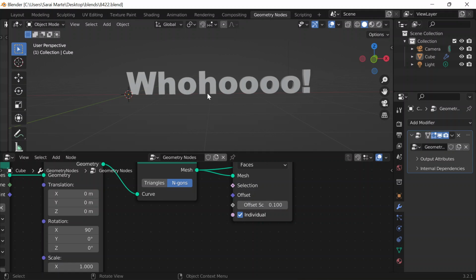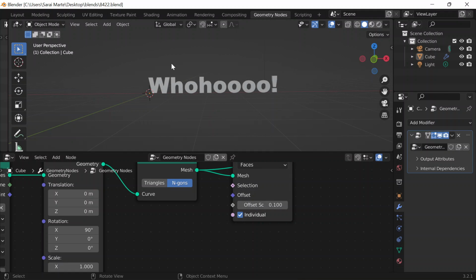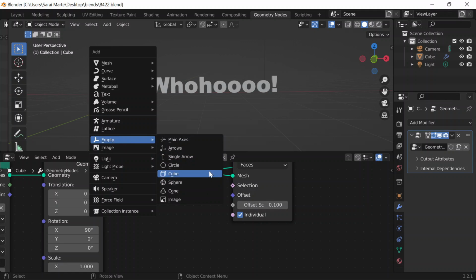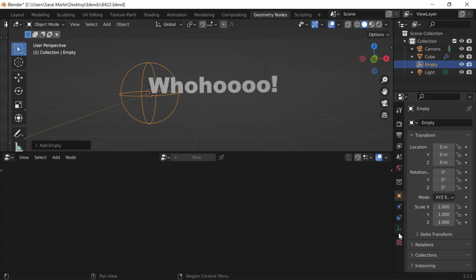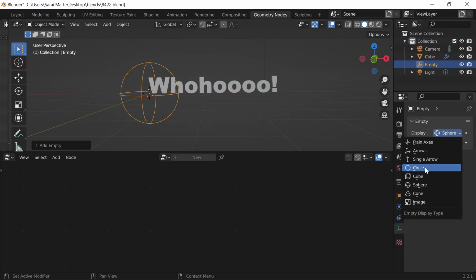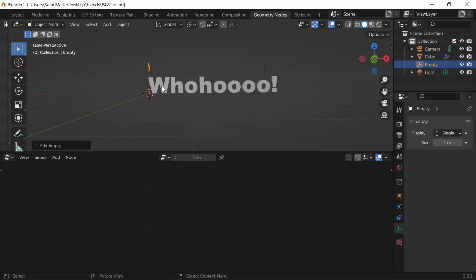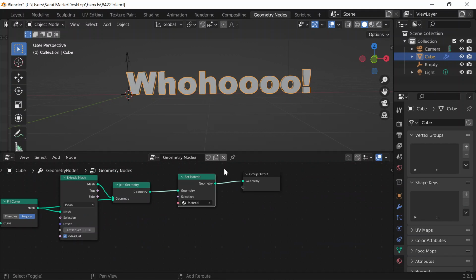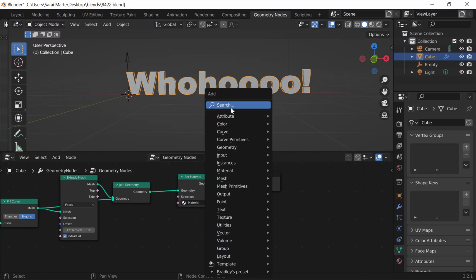So for the animation part, I'm gonna need something to control the letters. So I'm gonna click on the layout and Shift A and then add an empty sphere. And then I'll go to Object Data Properties and change the display to be single arrow. And I'm gonna go back to my text and do Shift A and add a